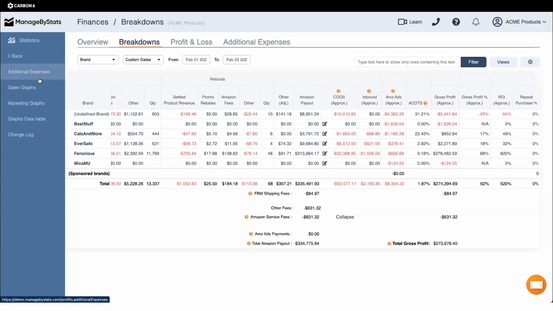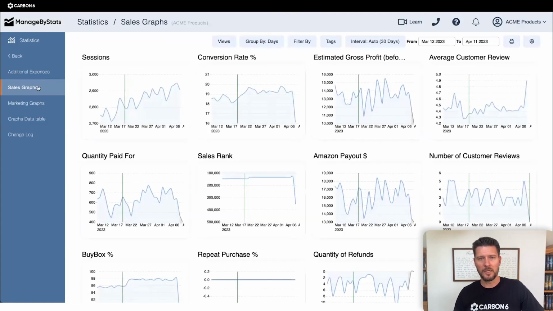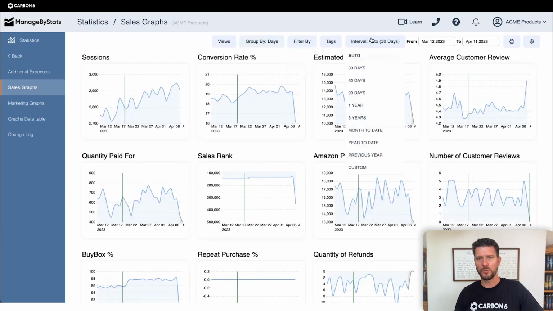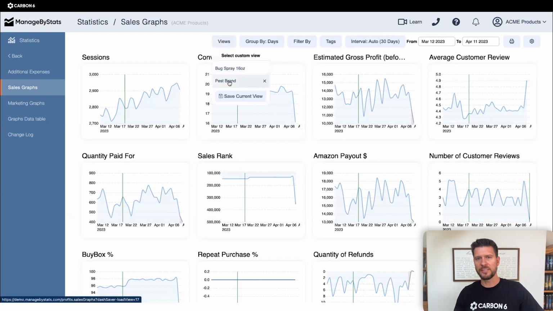Next, we have statistics, which is this kind of same data, but now on trends. So now you can actually look at how you are doing overall trend-wise. You can look at the last 30 days. You can look at any kind of intervals that you want and see this data on trends, again, for your entire account or any kind of group of products, all the way down to individual products if you want to, where you can have some preset views to see a particular brand or particular product that you want.